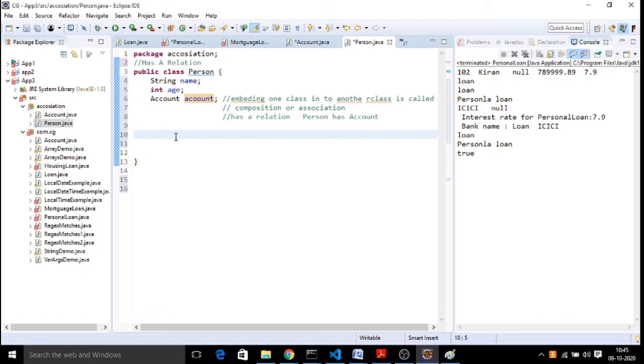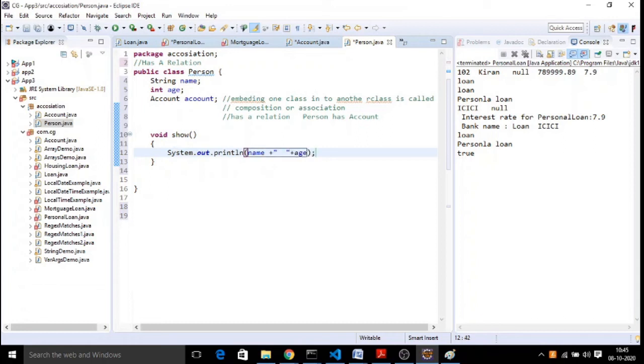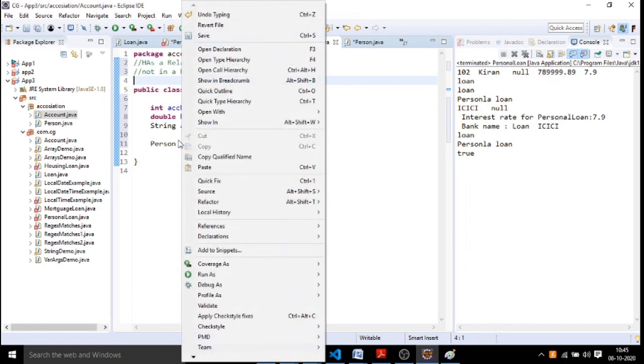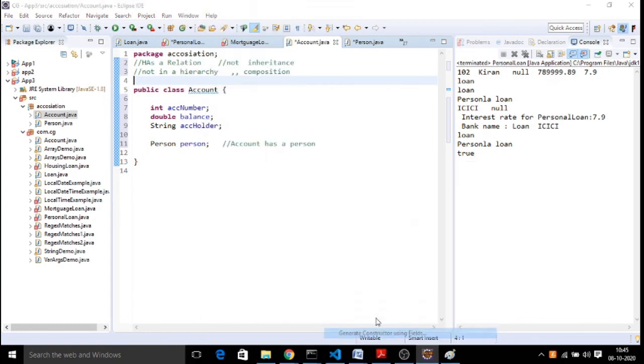How do we use it? Let us say I have a function called show in my person class. Within my show function, I can make use of my current class elements like name and all the other properties of my current class. Similarly, how can I access something from the other class? In my other class, certain properties are there, with a constructor.